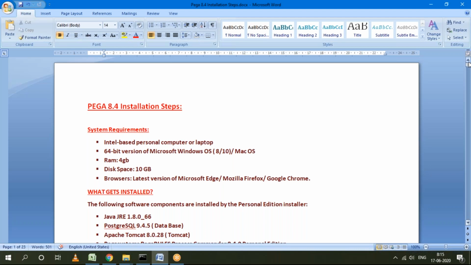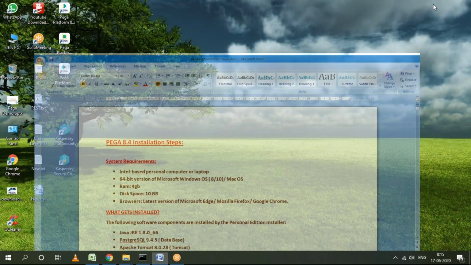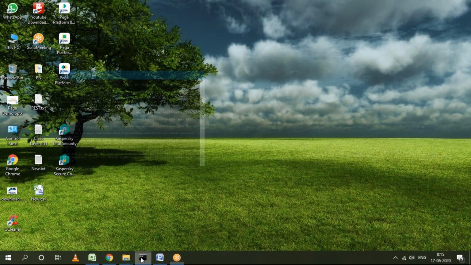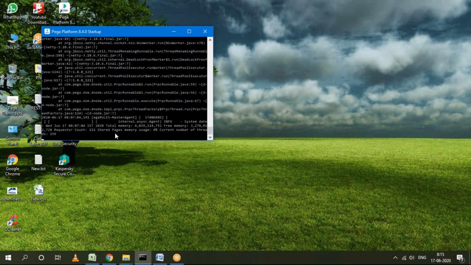Suppose I click on the shutdown icon, will the system display a message like the server is shut down successfully? In the command prompt only you can see the logs. Outside the command prompt, you will not get any message, but in the command prompt logs you will see that the server shutdown completed.